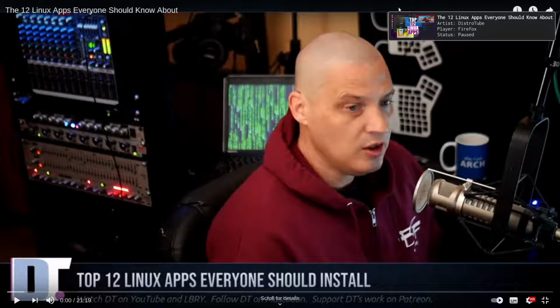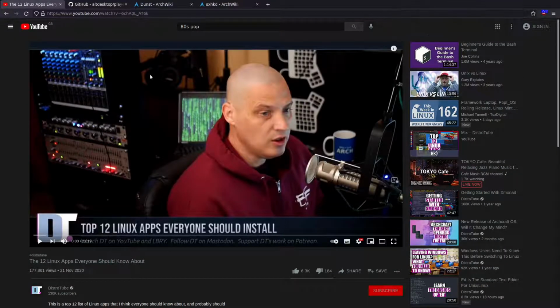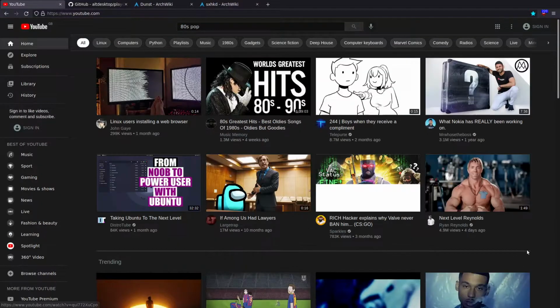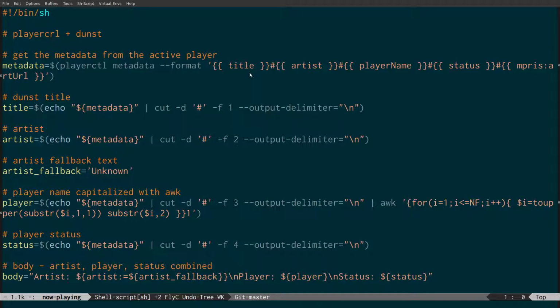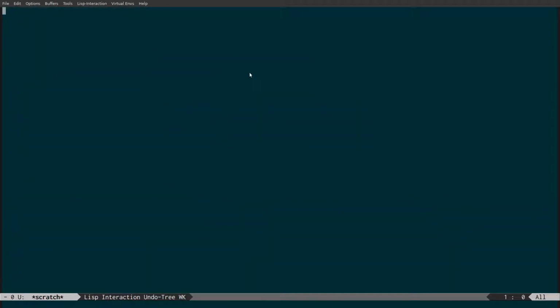So you can see it stands out because it's got a nice border around it. So what I'll do now is come across to the sxhkd setup. So that's the script. Then we've got sxhkd, the keyboard daemon thing. And then what we need to take a look at is the dunst configuration file, because